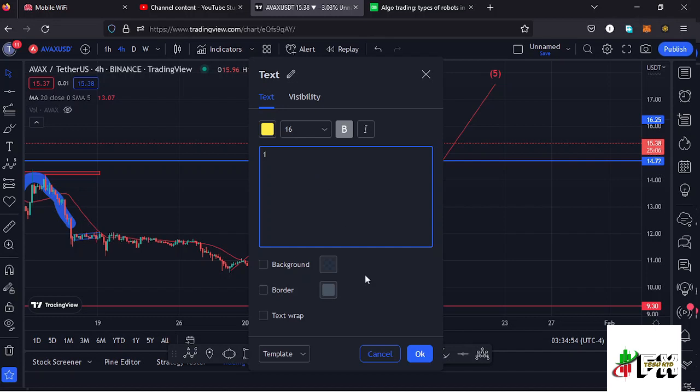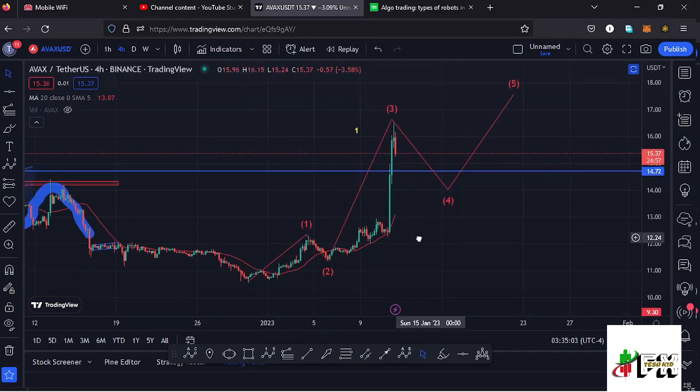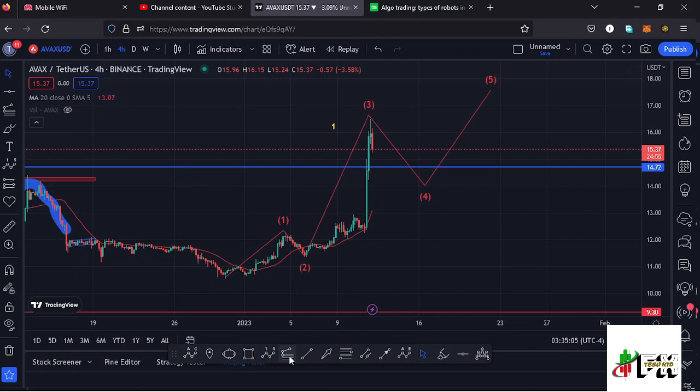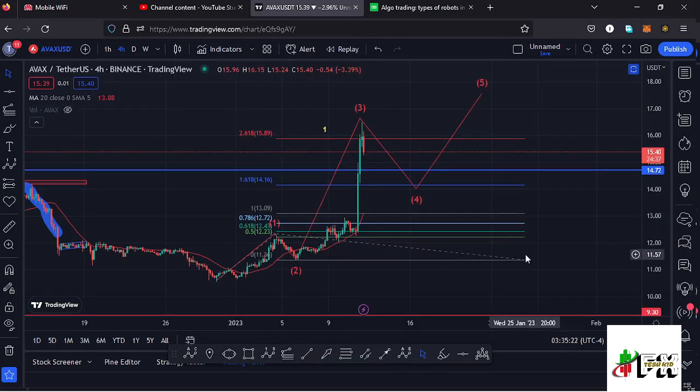So once we see the formation of that wave 5, then we can name it as a higher Elliott wave count 1 to the upside, and get to see whether this wave 3 to the upside has done the minimum that we expect a wave 3 to the upside to do, by connecting the trend-based Fibonacci from the low of the first wave to the high of that wave 1, then dragging the fibs to the low of the second wave, and that gives me a minimum target area to the upside in the formation of this wave 3